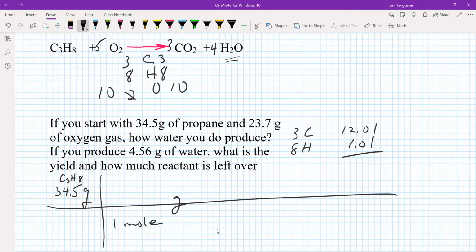And that's 44.11 grams per mole. Okay, next step is to convert the,